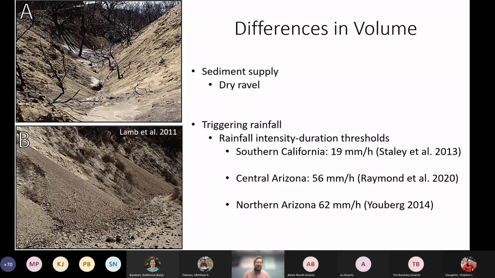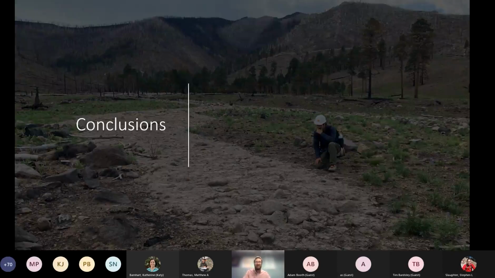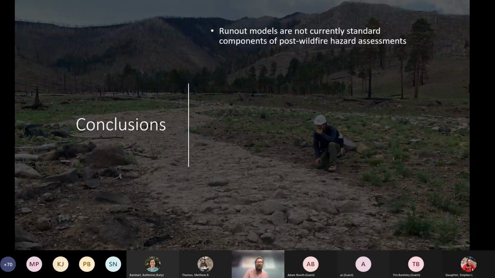So it remains to be seen. We need to do more work to see if it's the same input parameters that affect output volume in the Southwest. And if so, we might need to calculate new coefficients for this region using the data set that we have amassed. So in conclusion, runout models are not currently a standard component of post-wildfire hazard assessments